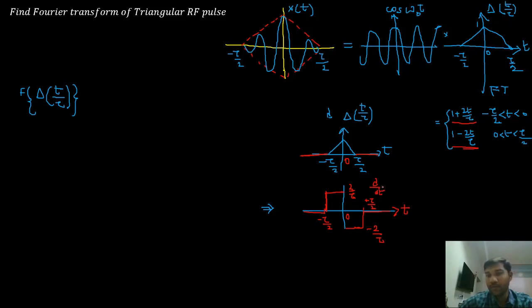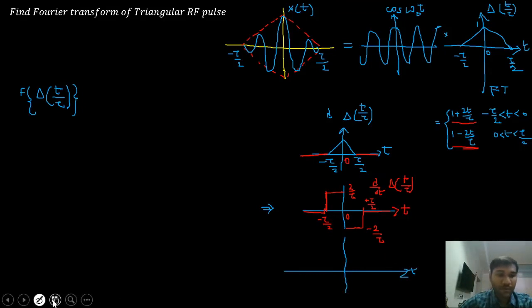d by dt of the triangular function. Now I will differentiate it once again. Let me differentiate it once again. What is the differentiation of this? This is looking like a unit step. It has a step here. So if I differentiate this,